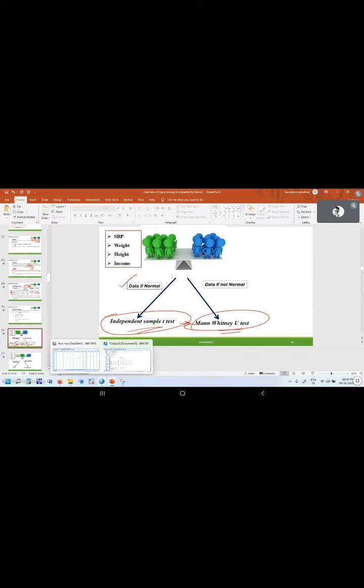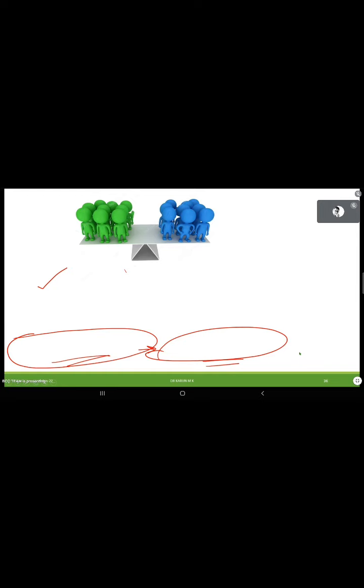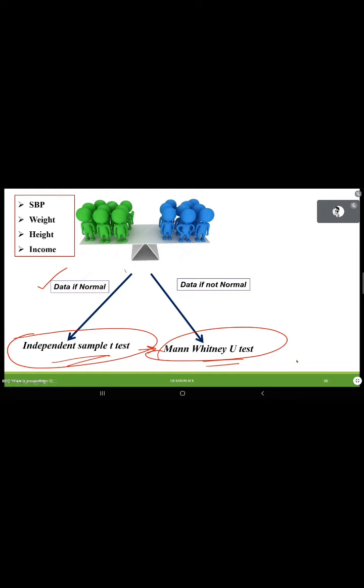Once again, regarding this, when to use Mann-Whitney and when to use Kruskal-Wallis? One second, madam. What do you ask? When should we use Mann-Whitney? See, we use Mann-Whitney in the same situation, but when data is not following normal distribution. When you check the normality for a variable like SBP and it violates the assumption, then instead of the independent sample t-test, you use the Mann-Whitney test.